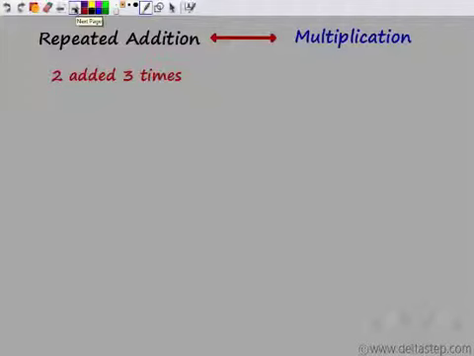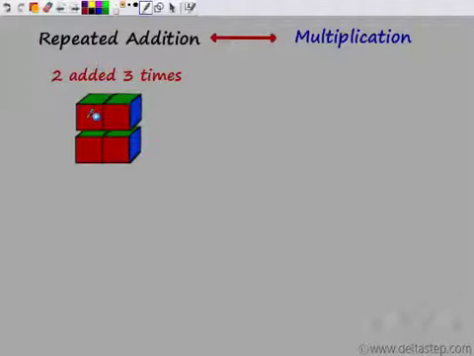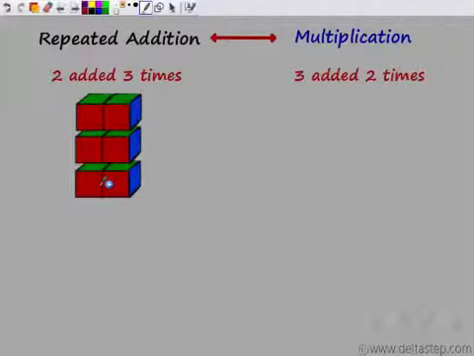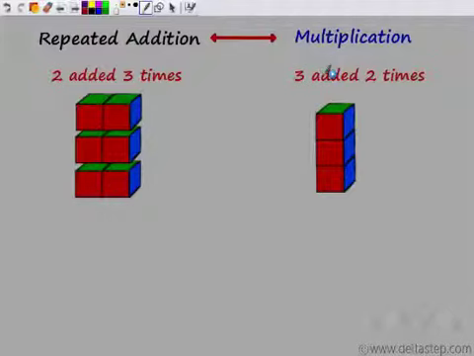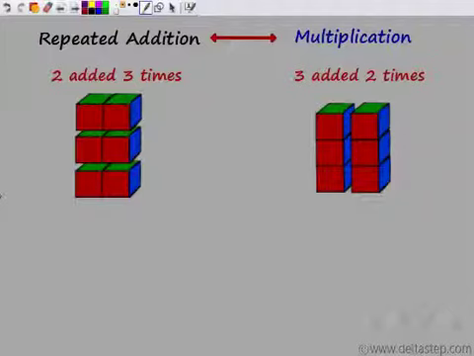So let me add 2 three times. I have these two blocks. I add these two blocks 3 times: 1, 2, 3. Now let's look at 3 added 2 times. So I start with 3 blocks and I add this 2 times: 1 and 2. Now if I stack these blocks together, if I stack this together and this together,